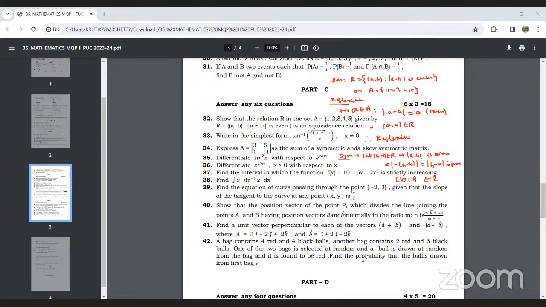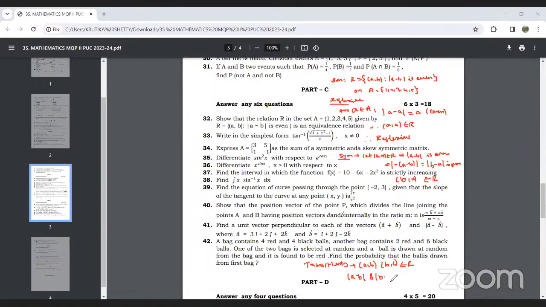Next we need to discuss transitivity. I'll solve it here. In case of transitivity, we need to consider two ordered pairs, (a, b) and (b, c) belonging to R. Now if (a, b) belongs to R and (b, c) belongs to R, it means both are even. So |a - b| and